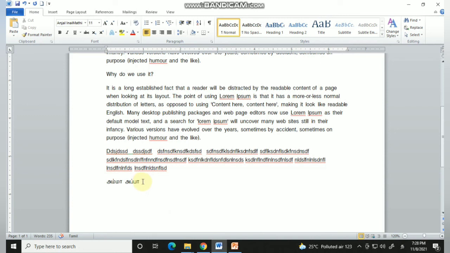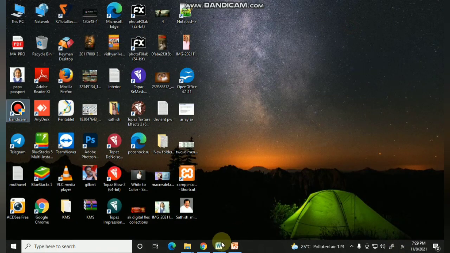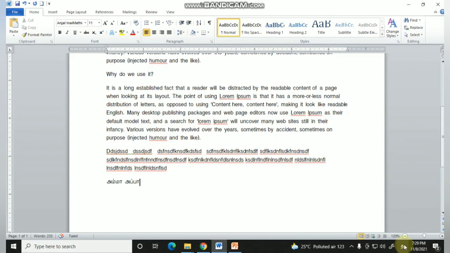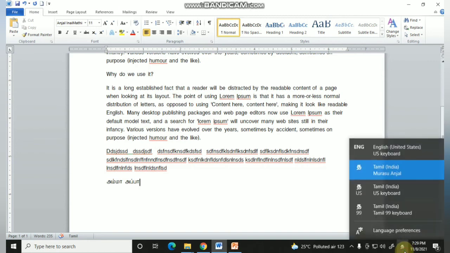If I want to go back to my original language, the default language English, it is enough to press the Win key plus space bar, Windows key plus space bar. Here I have the language as Tamil. To shift to the default language English, press the Windows key plus the space bar, or just click Tamil again and choose the English language.